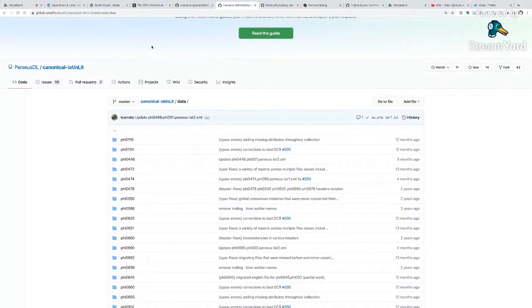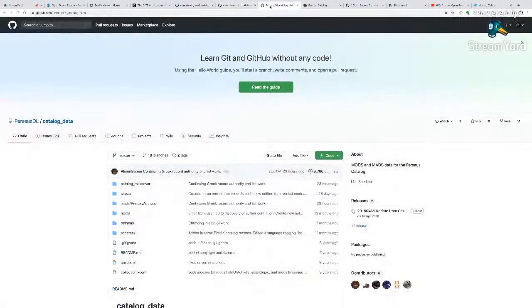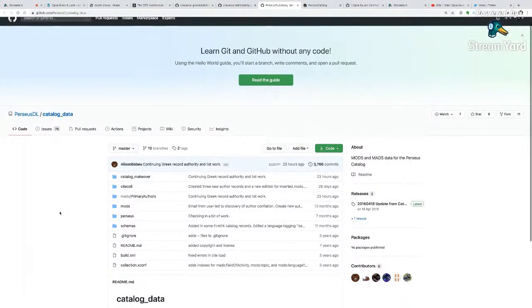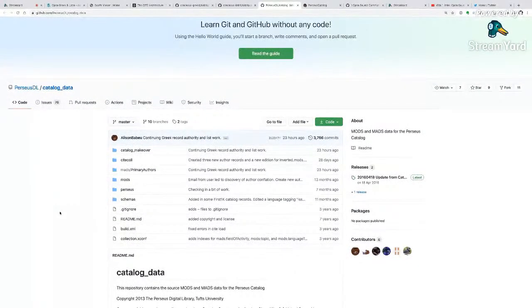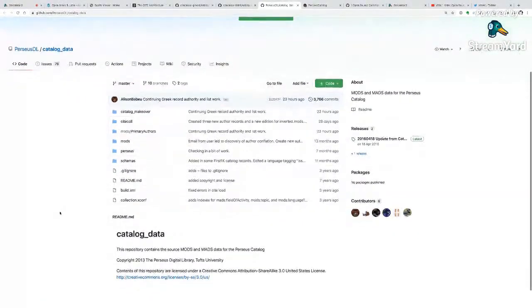And finally, I also mentioned another important repository within the Perseus Digital Library GitHub main repo, which is the catalog data. The catalog data is the repository where you can find data for the Perseus catalog, which is the catalog of the Perseus Digital Library.